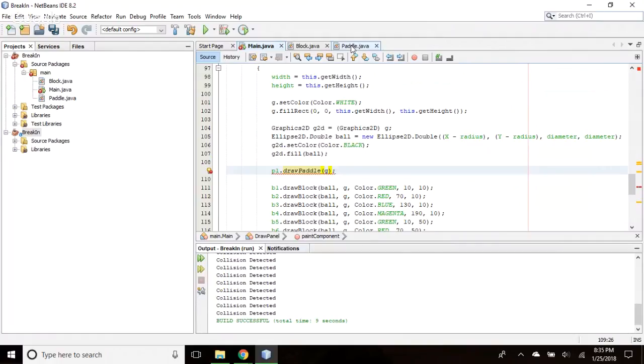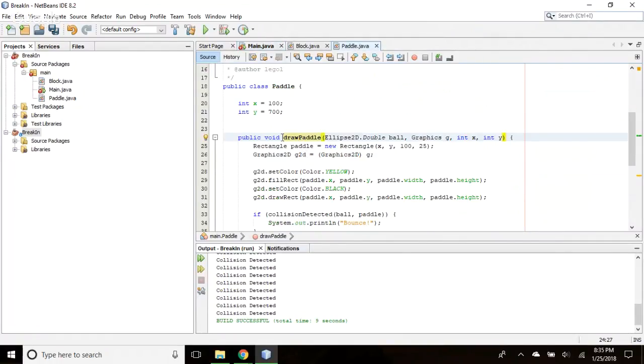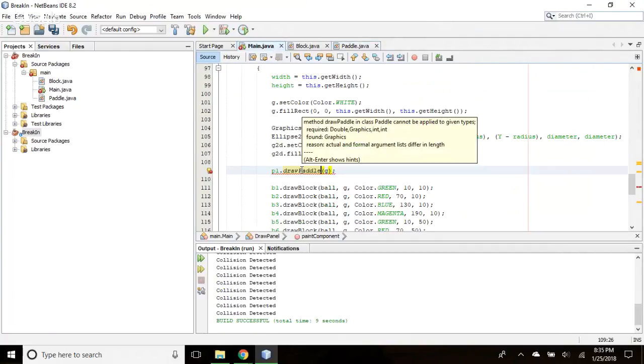Oh, go back to paddle. Yeah. Is it public void? That's correct. Draw paddle. Okay. Go back over to main and see what the problem is here. Double click on it and replace it.